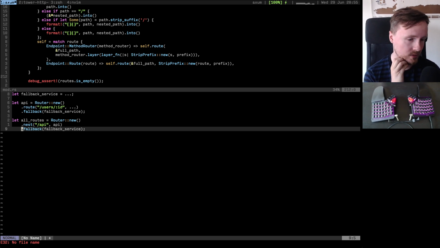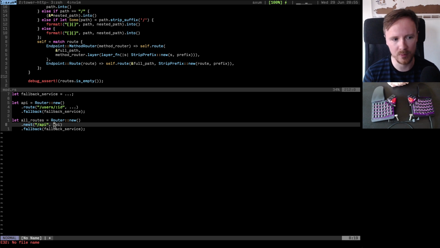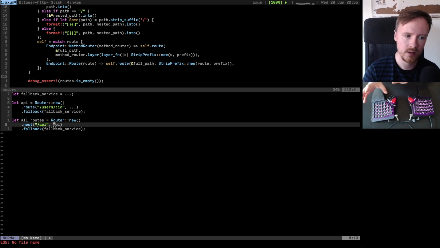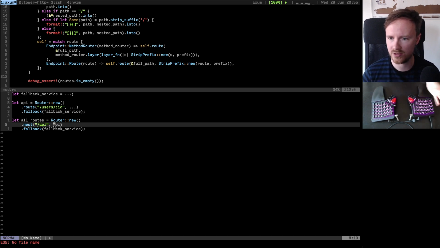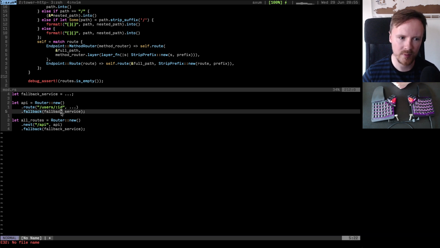Personally, I think so. I don't personally use nesting in this way, but I'm pretty sure that is a thing that people do, to have their API routes in one file and their other routes in a different file, and then they just nest them together so they don't have to repeat this /api all the time. And then if you had to add the fallback each time,